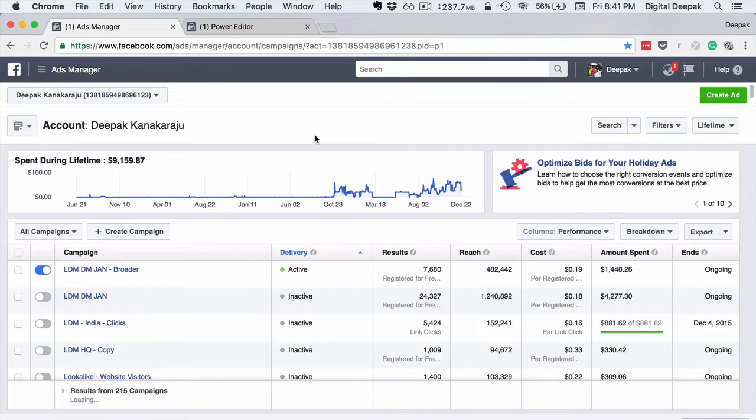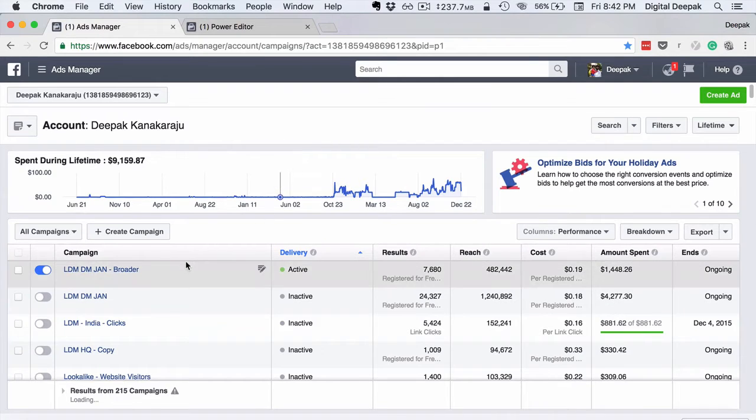Earlier, Power Editor used to have much more options than the Ads Manager, but right now the Ads Manager almost has all the options that you have in Power Editor. Power Editor gives you a little bit more options. It works only on Chrome, and I would recommend that you get comfortable with the Power Editor more than the Ads Manager. I would recommend that you use the Ads Manager just to look at the stats, but use the Power Editor when you want to create the ads. First we will have a look at some more options in the Ads Manager.